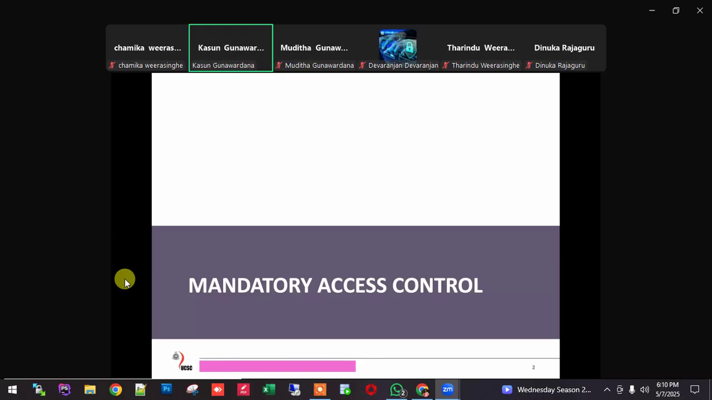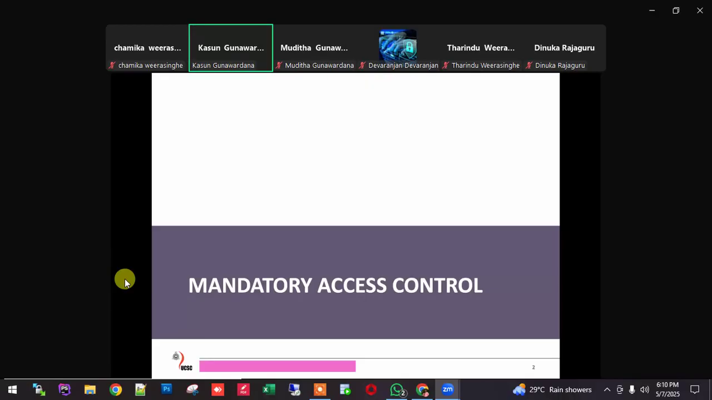Today we are going to start this lesson on mandatory access control. Previously, we looked at discretionary access control as well as role-based access control. Today, we are going to look at mandatory access control. It's a pretty different kind of access control mechanism compared to the two previously studied access control models,